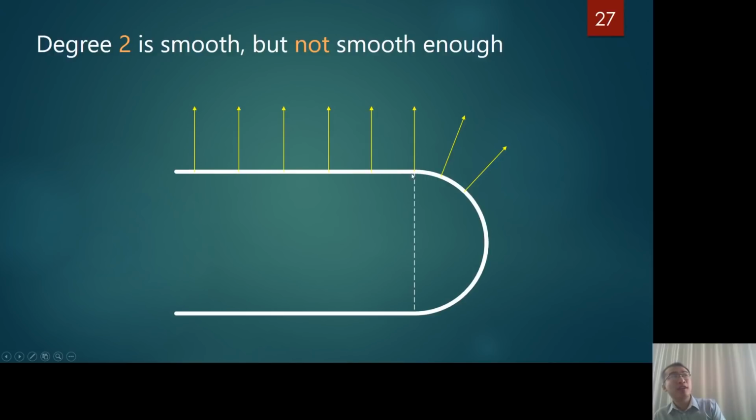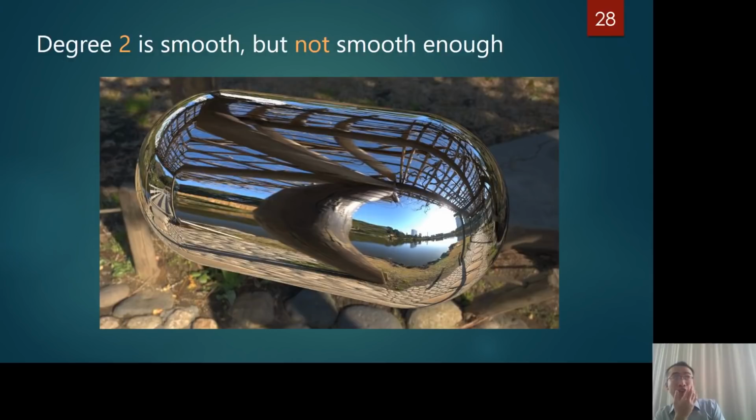So that's why it's not smooth enough. That's why the overall surface is not as smooth, especially when you do reflection, because you know the normal vector affects lighting and reflection a lot. Especially when you design a car or any shiny objects, or even just the shell of your iPhone or whatever product, you want the reflection to look as nice as possible. And if you do this,